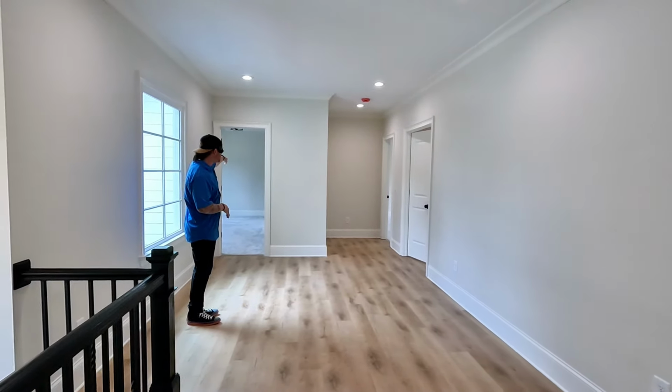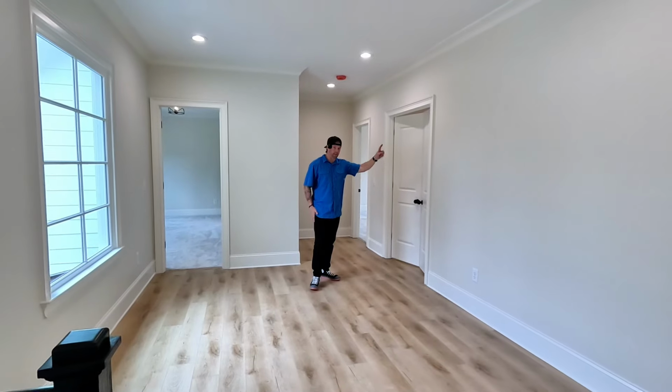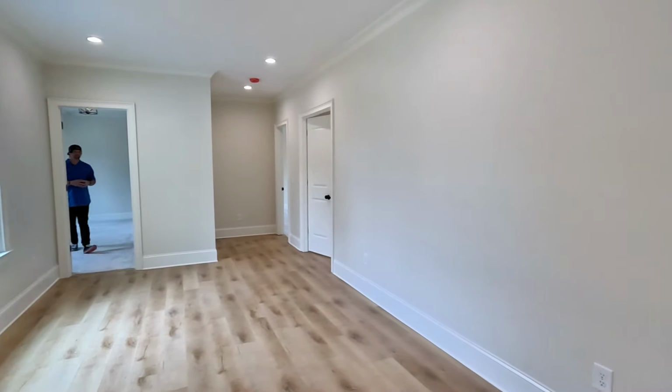Now you have a bedroom back there. You have another bedroom back here, and we've got another bonus room, even bigger than the other one we just showed you. But before all that, let's go into my daughter's favorite room. I'm going to show you exactly why. And right before we do that,